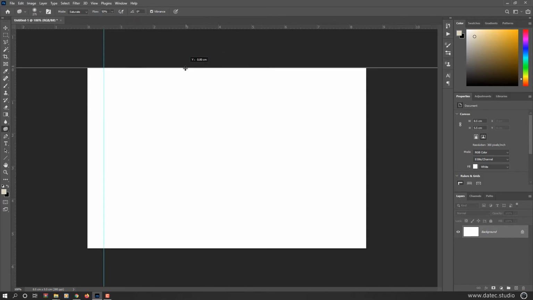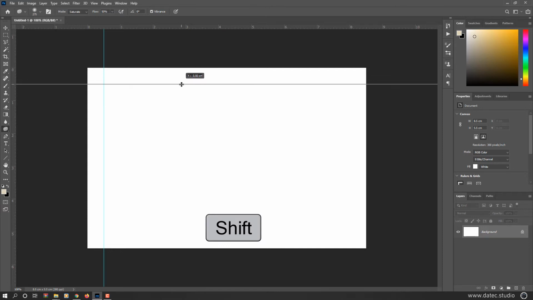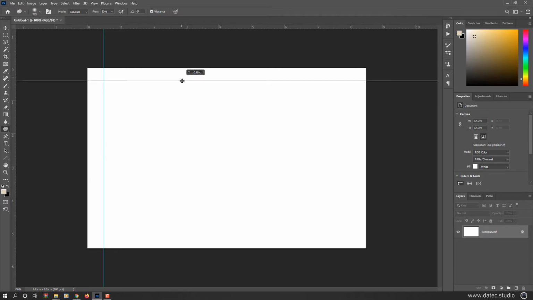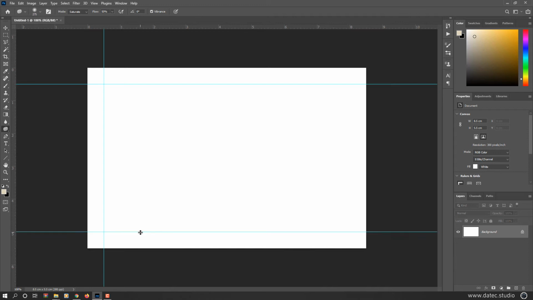Also for horizontals, if you hold on the shift key during dragging the rulers to create guidelines, your guides will snap step by step instead of freely moving. 0.5 centimeters for top, for bottom,